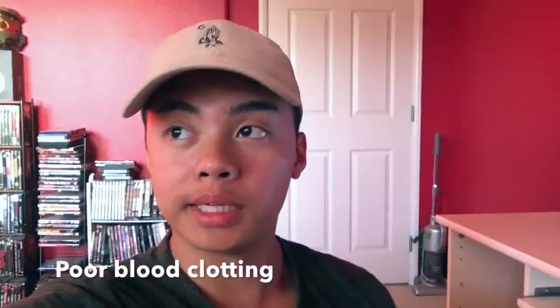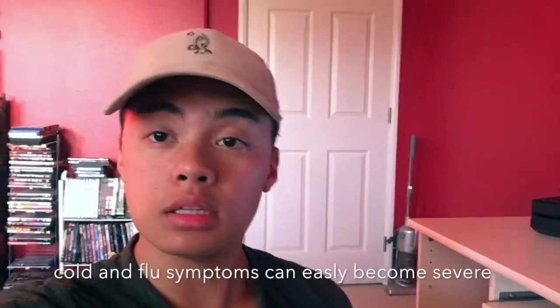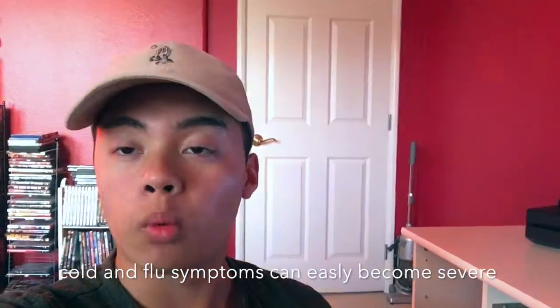Early symptoms of leukemia can be indicated by poor blood clotting, swollen liver or spleen, getting sick easily, because white blood cells can't fight pathogens correctly since they're not fully mature. There could also be an increased amount of white blood cells because there's an overproduction. If an individual with this condition gets a cut or a small laceration, their blood will appear lighter than